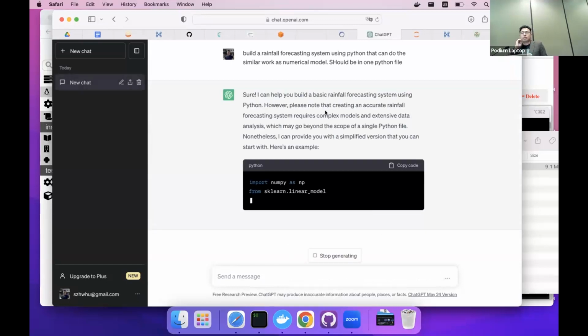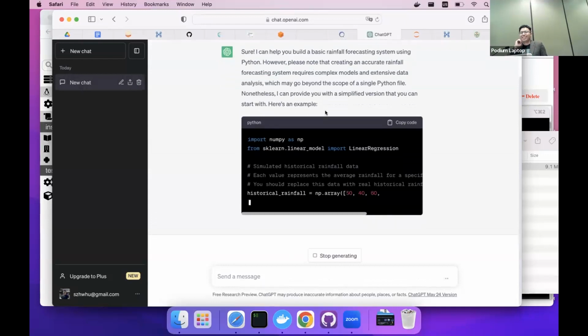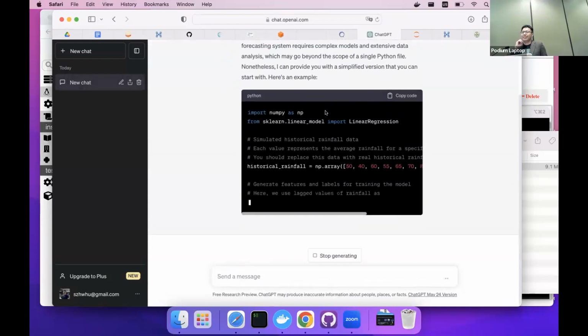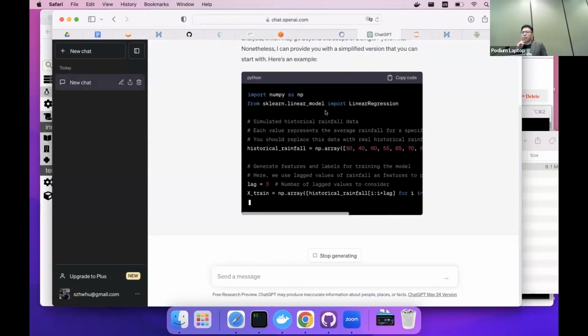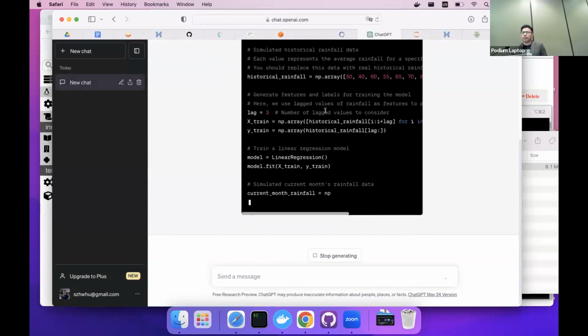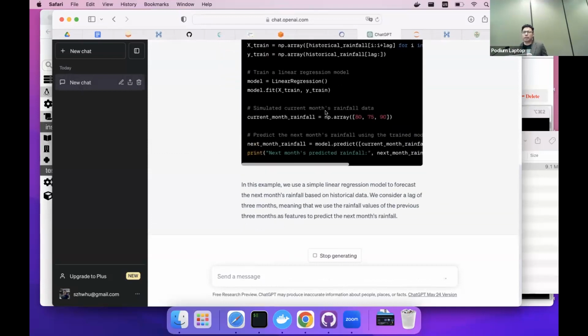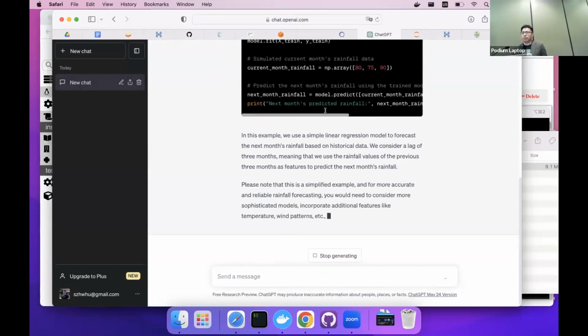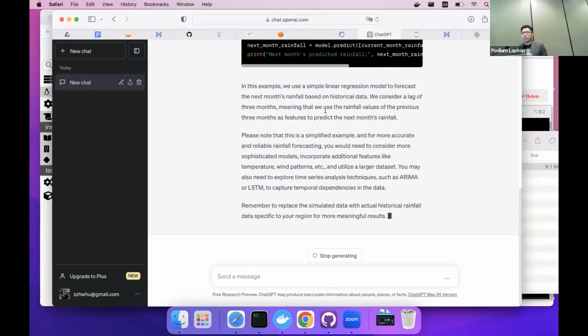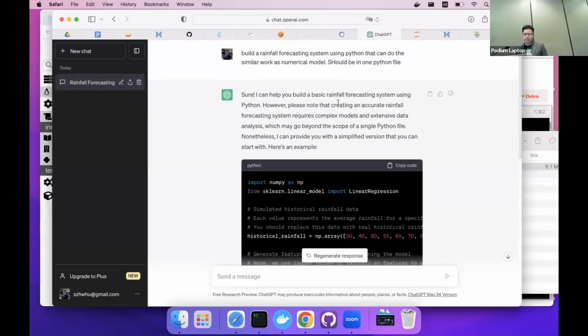Now you can just let the AI do the work. This will help you improve your productivity. Because if you want to start this, it takes a lot of thinking and back and forth searching. But this is a starting point for you. It definitely makes a lot of mistakes, but it's just a starting point.